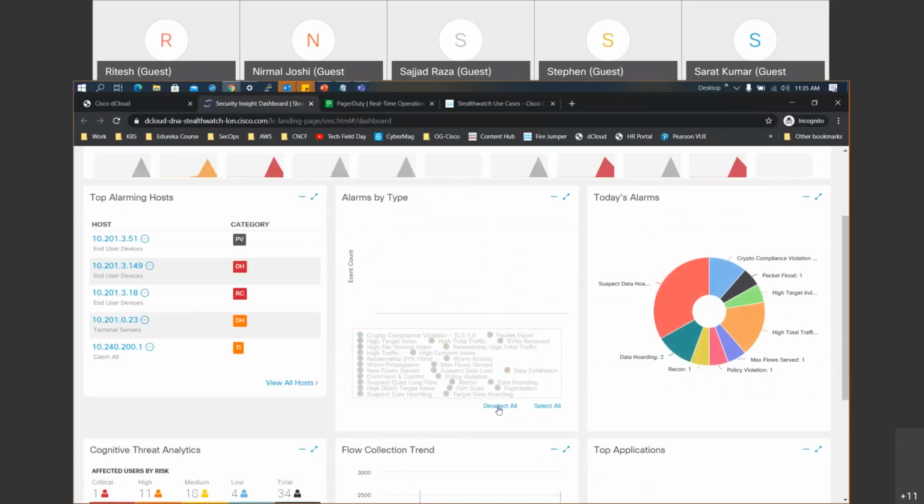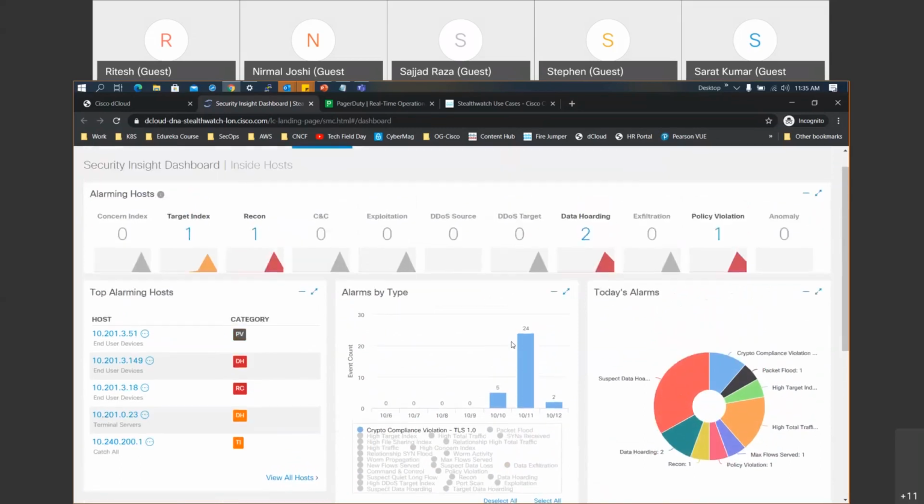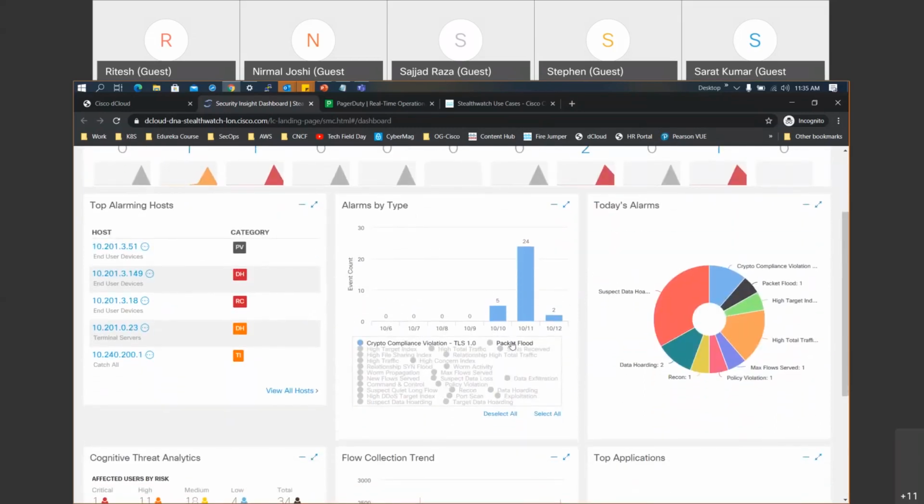Now, what you can also do is deselect all of them and then specifically select, for example, crypto compliance violation. Now, this will give you a specific use case where you want to see which are the hosts in my environment which are not complying to the TLS protocol being used. For example, I say that in my company we do not allow TLS 1.2 or lower, and the mandatory TLS protocol for use is 1.3. We want to see where the violation is happening, because it could be really critical when it comes to an actual breach. They may leverage these weaknesses in TLS.